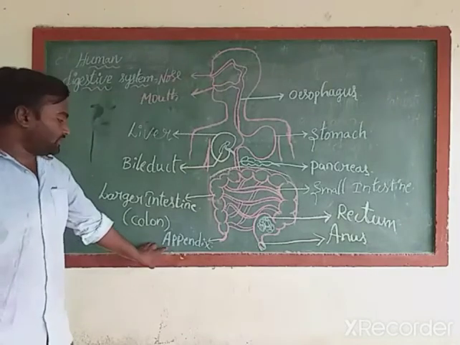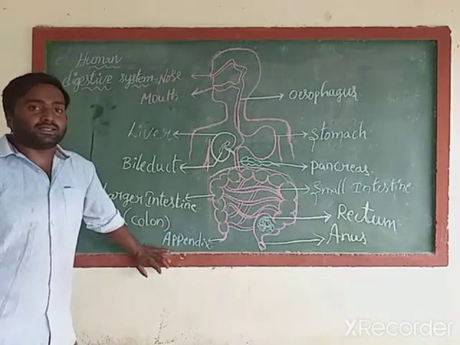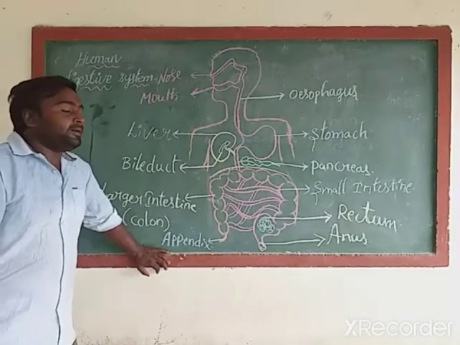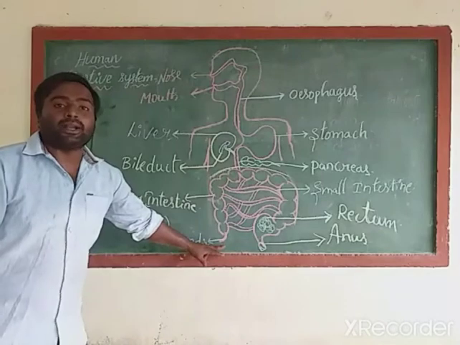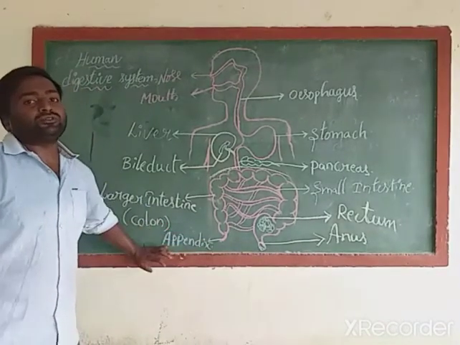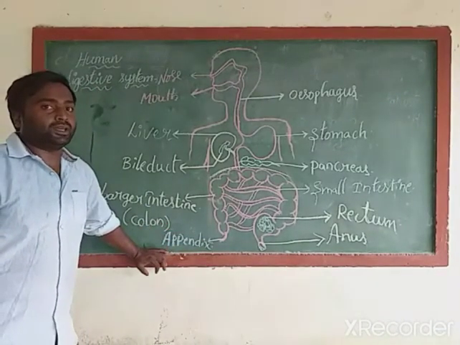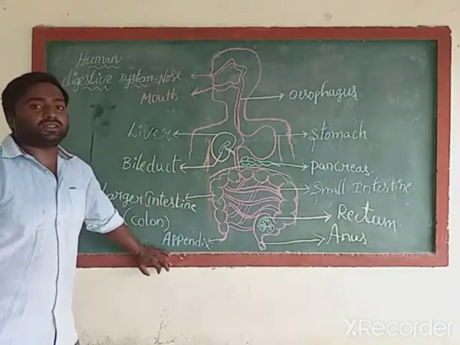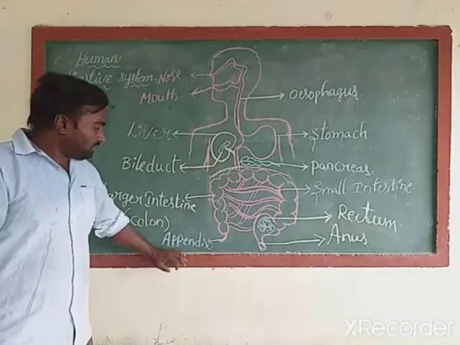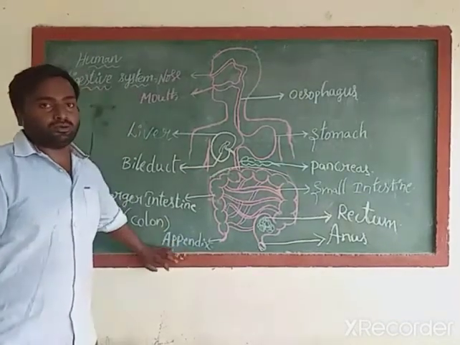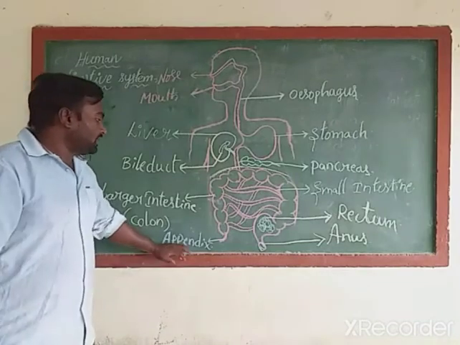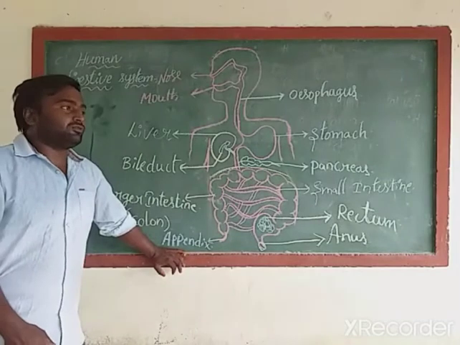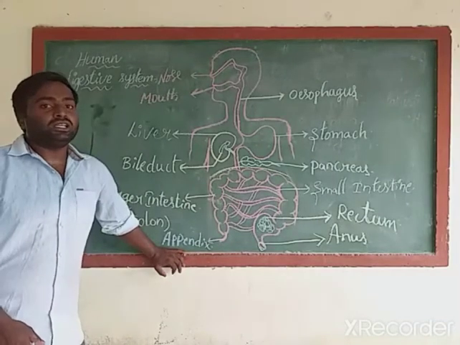That finger-like extension is called the appendix. Sometimes you will observe appendicitis patients. Because of the malfunctioning of this appendix, we will get 24 hours of stomach pain. This appendix played a very important role in ancient days, but nowadays it doesn't play any role. Sometimes it can be affected by microorganisms like bacteria or viruses. Then what will happen? We get 24 hours of pain.